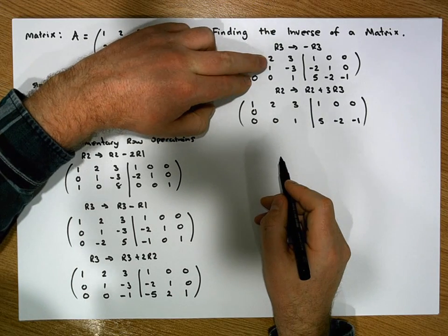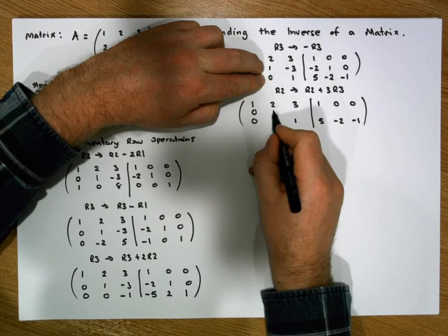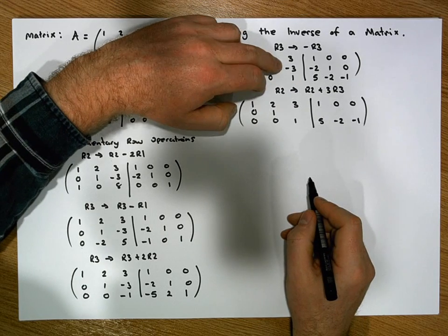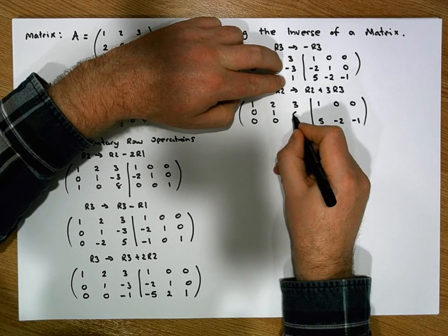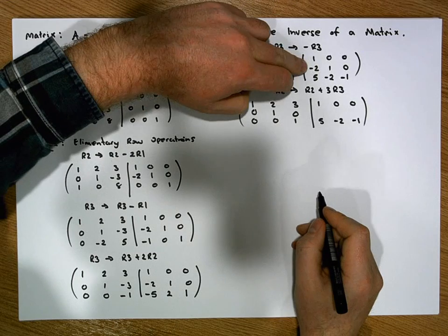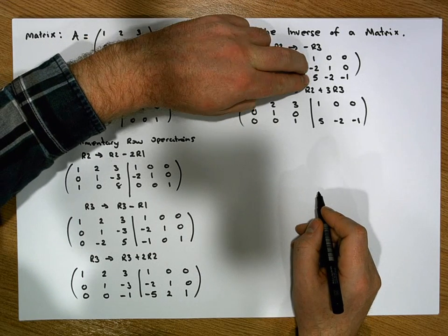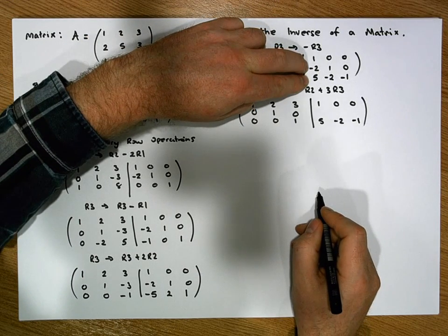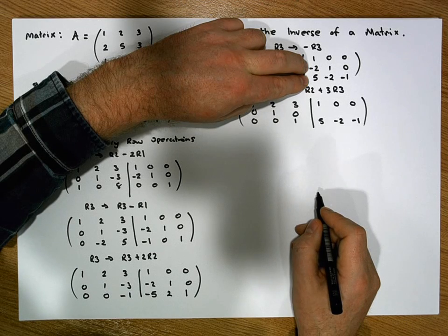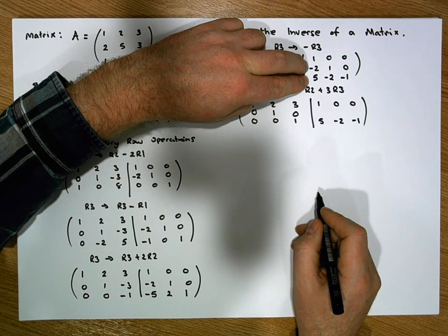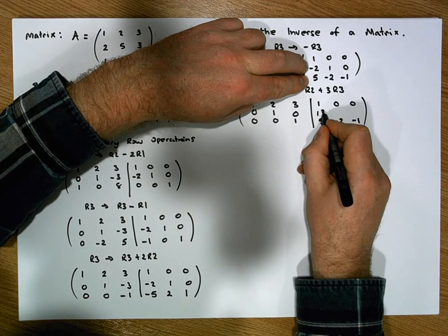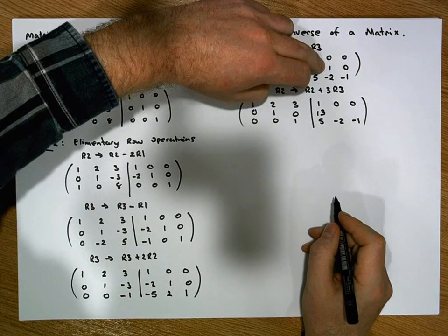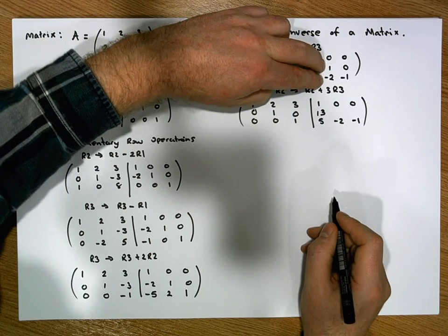It's 1 plus 3 times 0 gives us a 1. It's minus 3 plus 3 times 1 gives us a 0. It's minus 2 plus 3 times 5, which is a plus 15. So minus 2 plus 15 gives us a 13. Okay, it's 1 plus 3 times minus 2, so it's